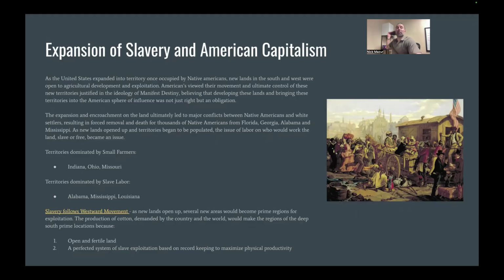This is how modern capitalism is born, not in New York, not in Boston, not in Philadelphia, not in Baltimore, but in the Delta, in the Mississippi Delta. The seat of finances and investment housing was in New Orleans. It wasn't in New York. In the 1820s through the 1850s, New Orleans was the place to be for investment. Why? Because human labor is your capital. It is your investment.